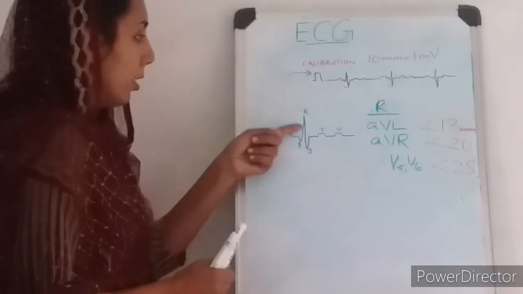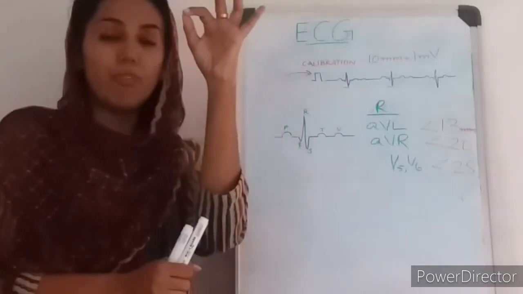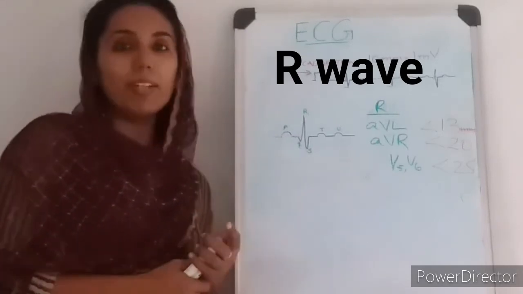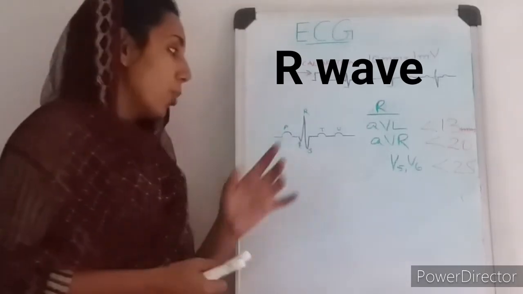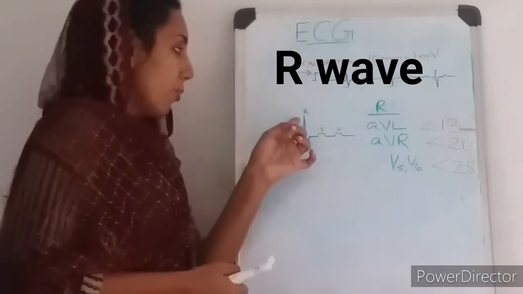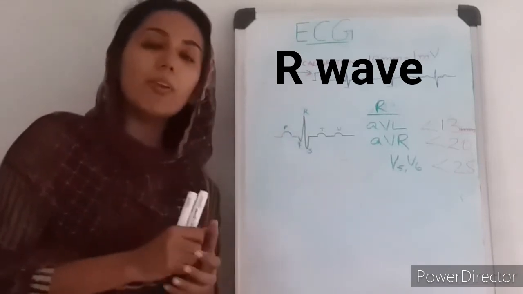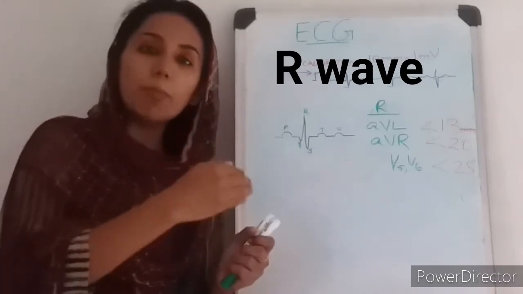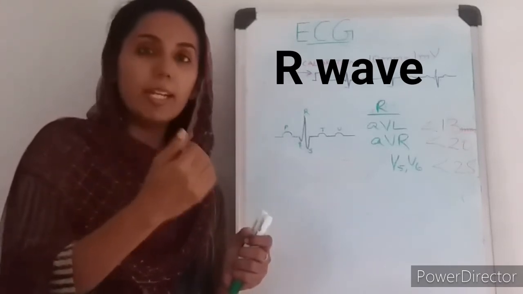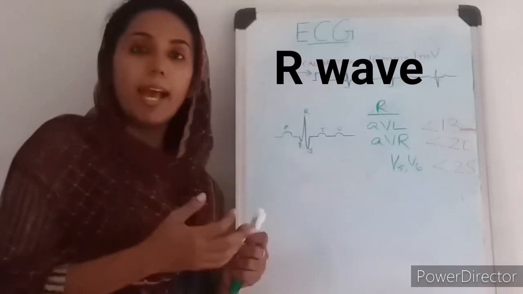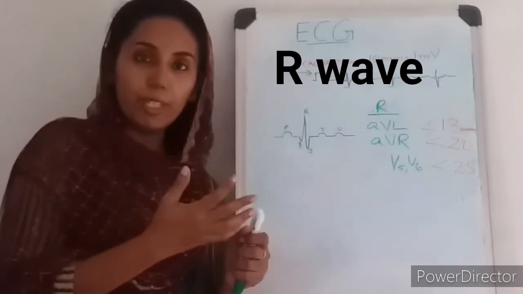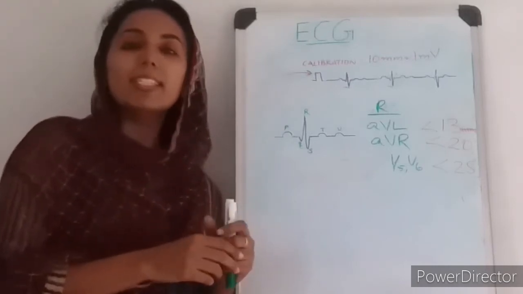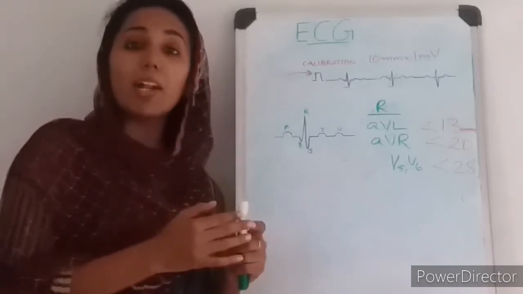Coming to the R wave, it is because of major ventricular depolarization. If you see from here, it just goes up fast and comes down, so the duration is very less. It is actually less than 0.01 second, and that is really short. What we have to note here is, R wave is generally small in leads V1 and V2. As the leads go from V1 to V6, there is a progressive increase in the size of the R wave. This is called R wave progression.